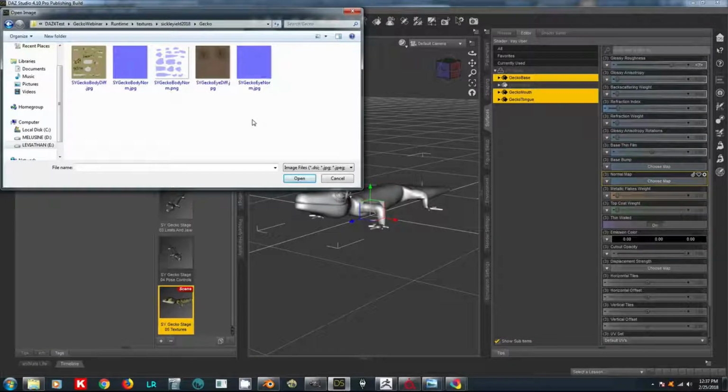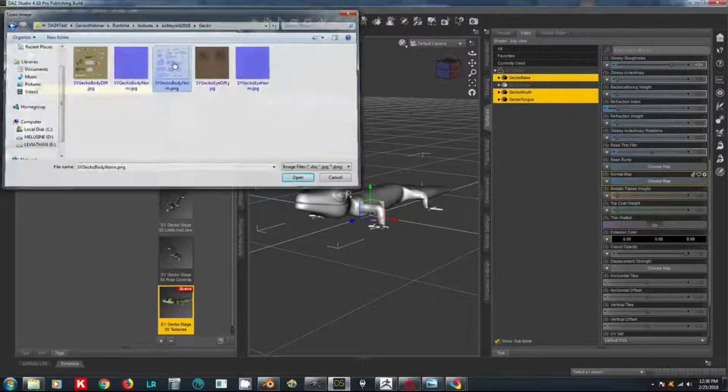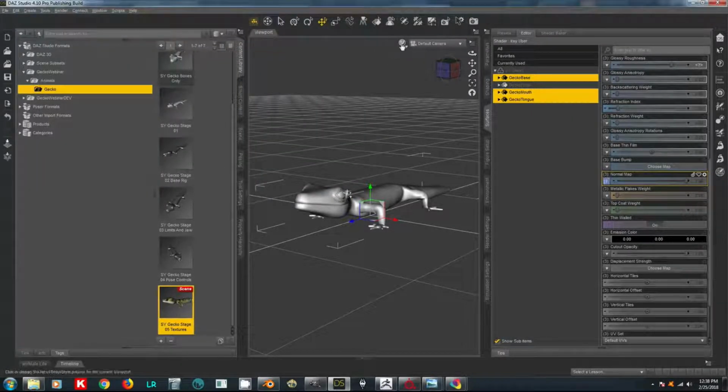And let's see, where is it? There it is, geckobodynorm.png. I'll just click on that. And then if I do an NVIDIA Iray viewport render here,